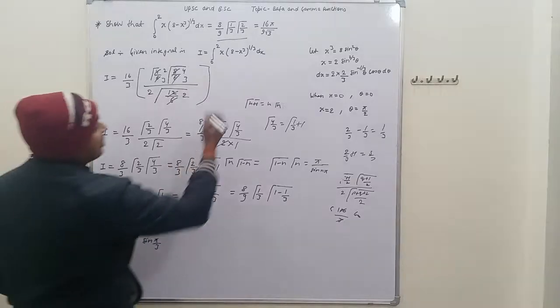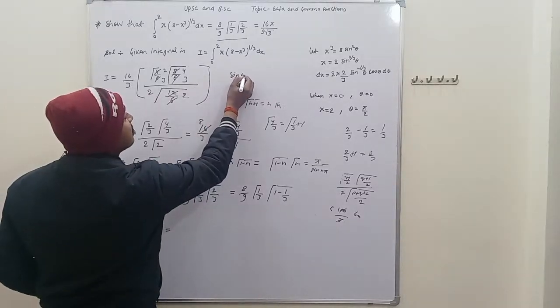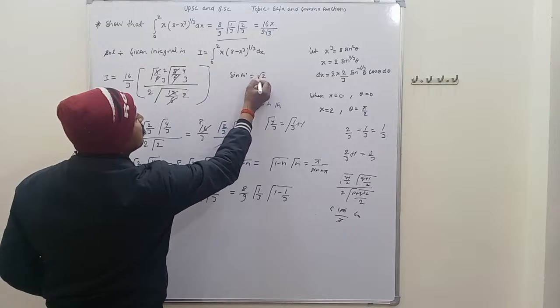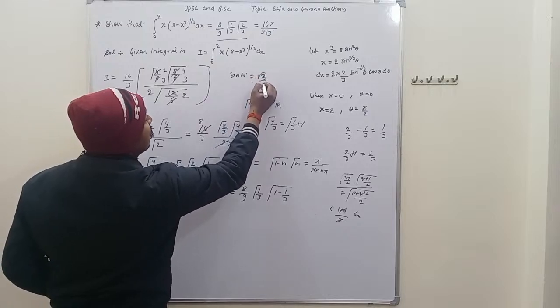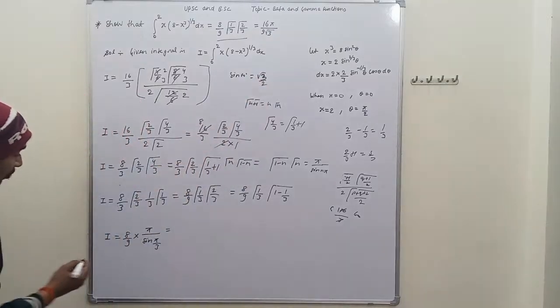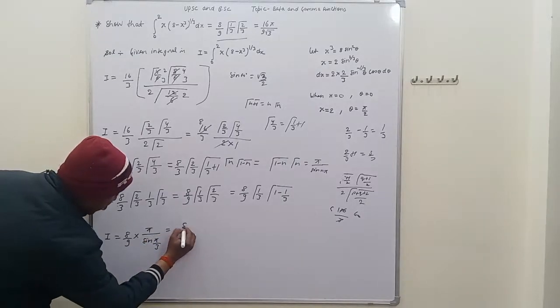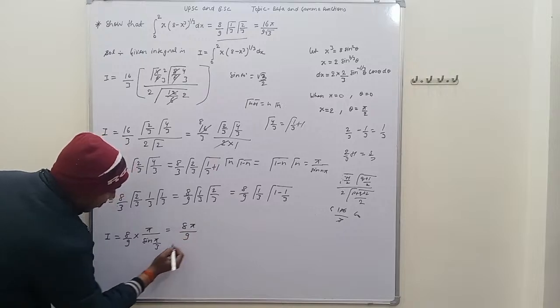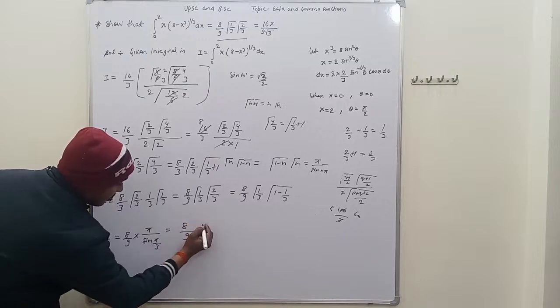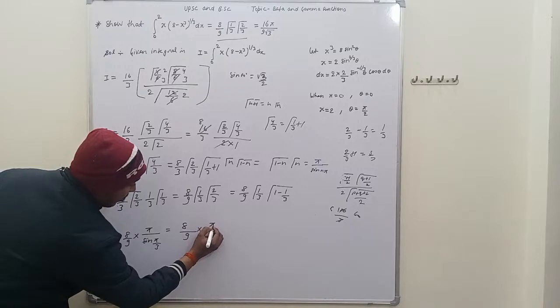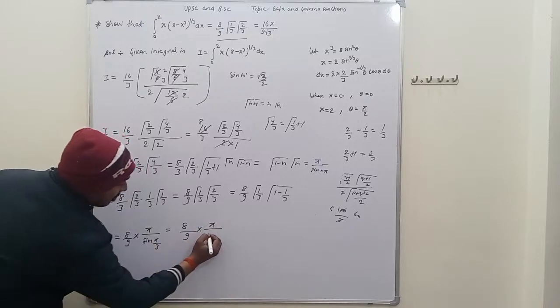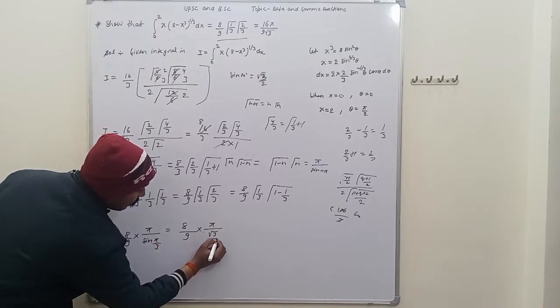The value of sine 60 is given by root 3 by 2. So we have to put here, this is given by 8 pi upon 9, and we have to write here, once again this is given by pi upon sine 60 value is root 3 by 2,